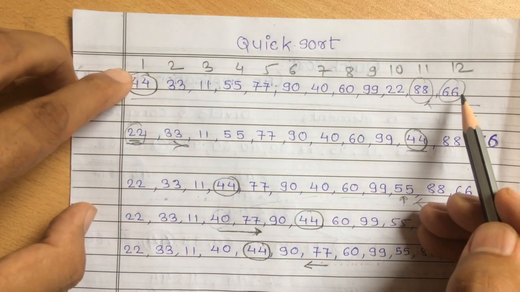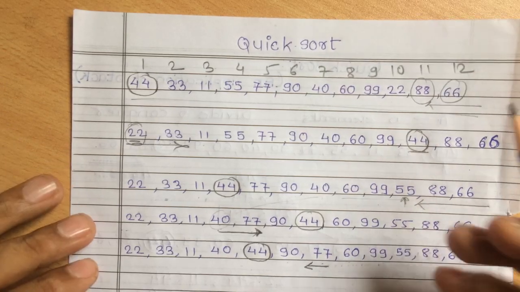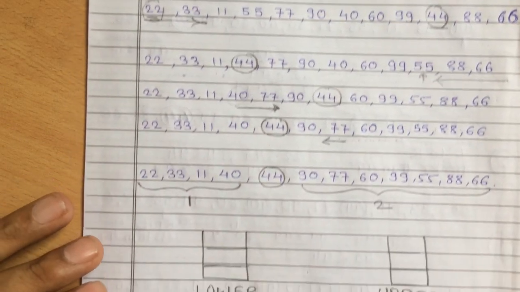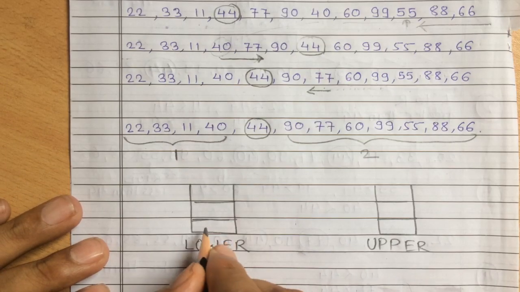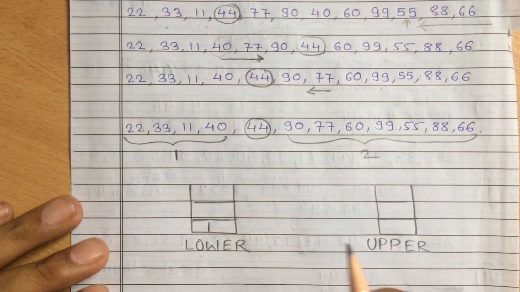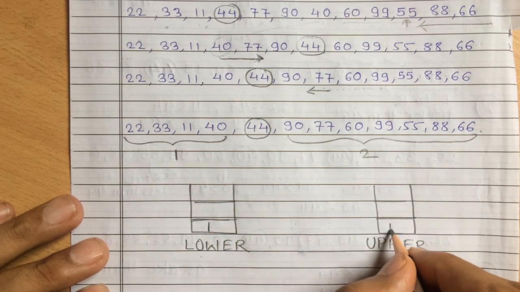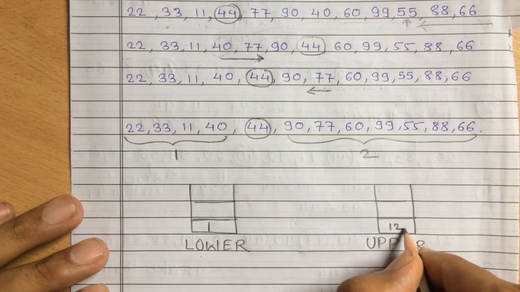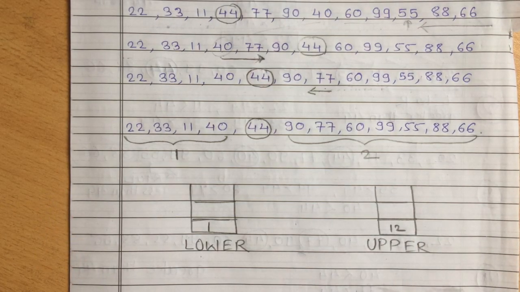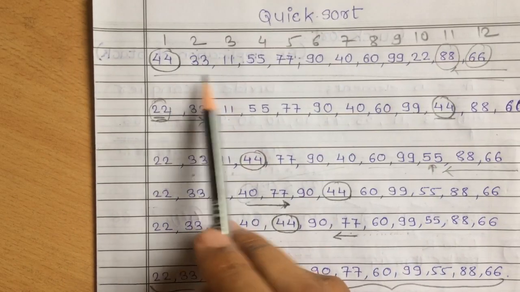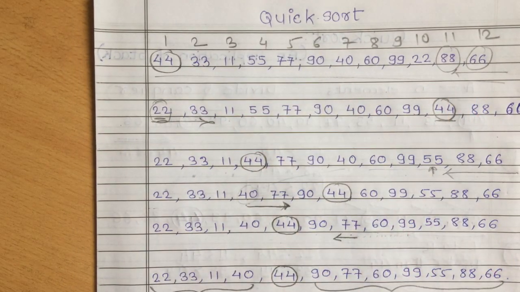So the lower boundary value is 1 and the upper boundary value is 2. What we have to do in the first step is push these boundary values into the sublist. I will push the lower boundary value onto the lower stack and the upper boundary value onto the upper stack. So this is the lower and upper boundary of this list. Right, what next do we have to do?